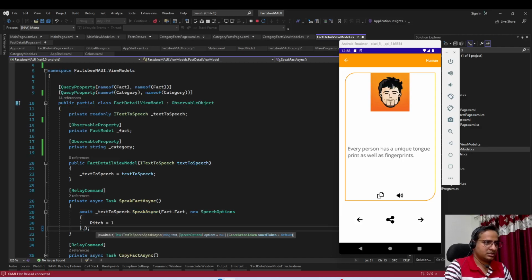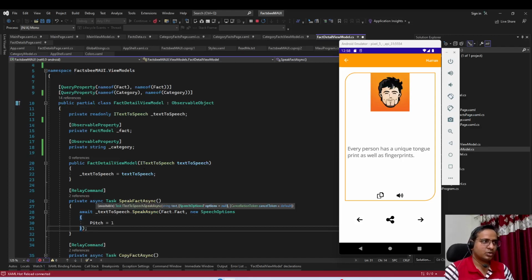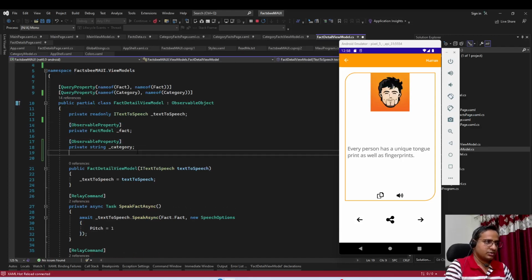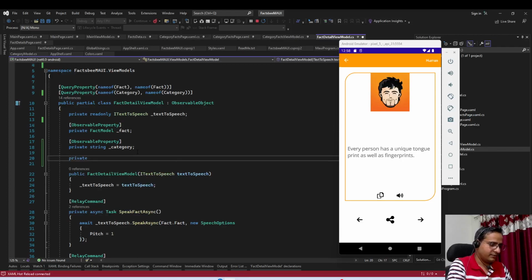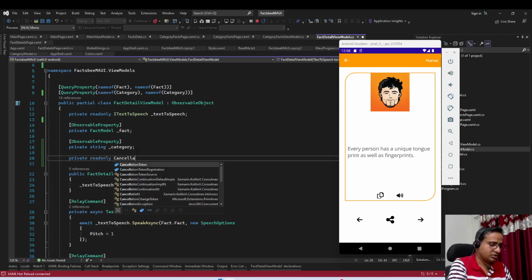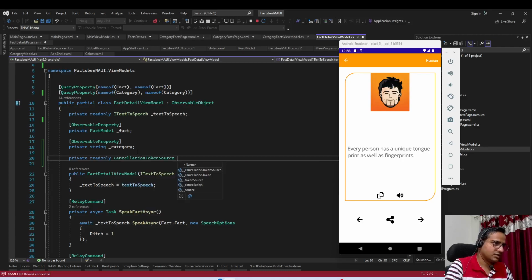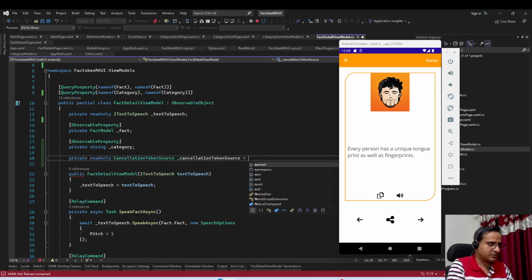The next parameter, we have cancellation token. So we are going to implement this. So let's have private read only cancellation token source. Let's call it cancellation token source only,